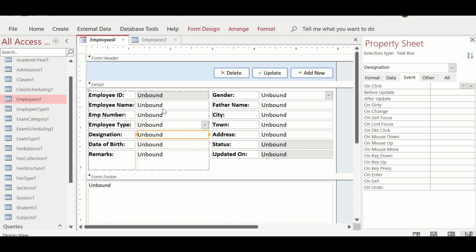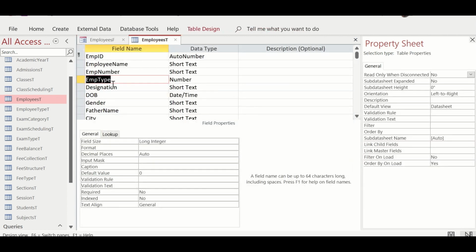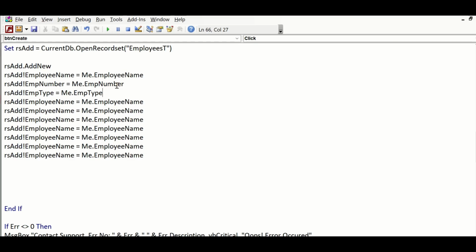I will keep the control name similar to the field name, so it's always easy to refer to the controls and the fields in the table. Okay, next one is designation